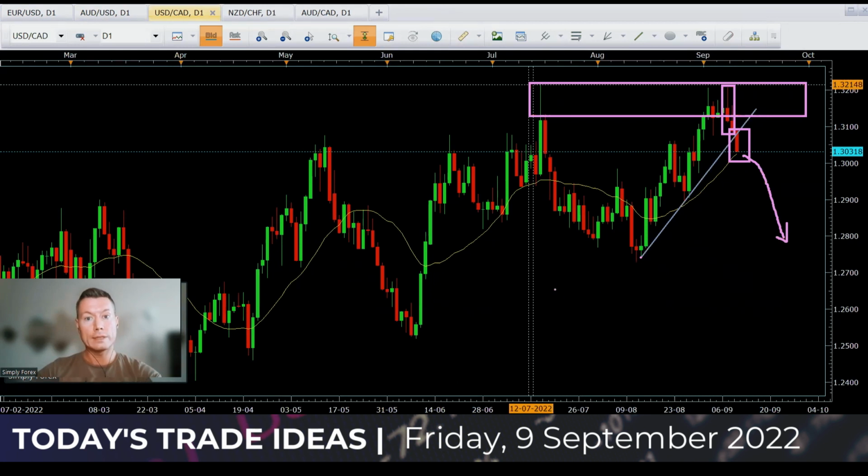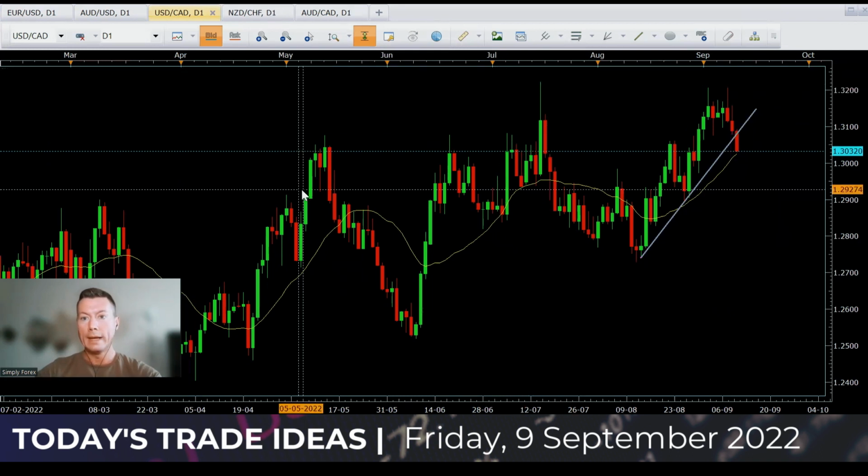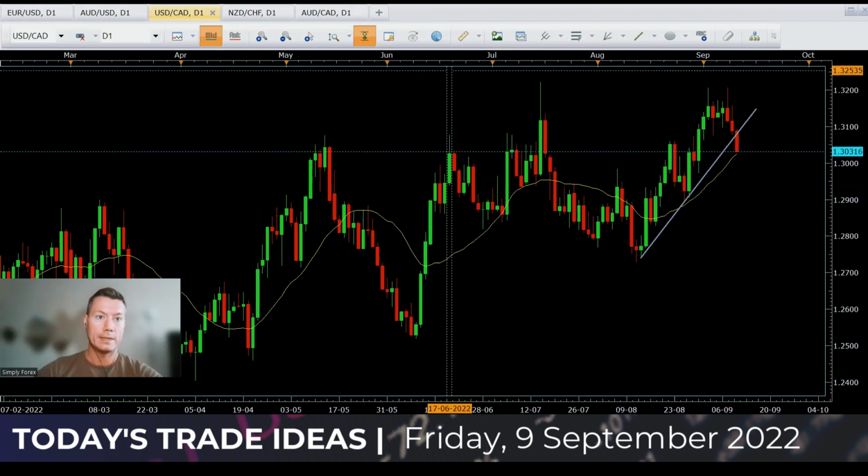So it's a really interesting day for the dollar today, guys. Keep an eye on all the major pairs, all the dollar crossover pairs. Let's see what it does today. Is it the turning point for the dollar? Let's see. All right, guys, so I just wanted to show you that. This is quite interesting. But now let's look at our first trade idea.